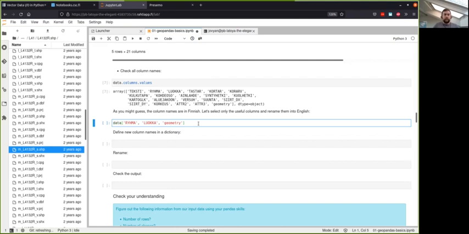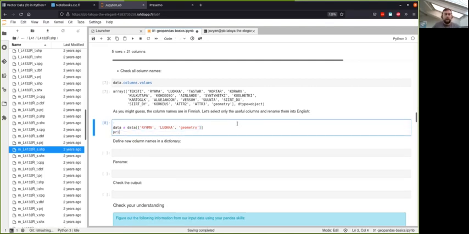And then we will subset our geodata frame called data by assigning just a subset of our already existing geodata frame, by passing a list of the columns that we want to use. So if we run this cell, data equals data, and then within square brackets, a list of the columns we want to use. If we run that,